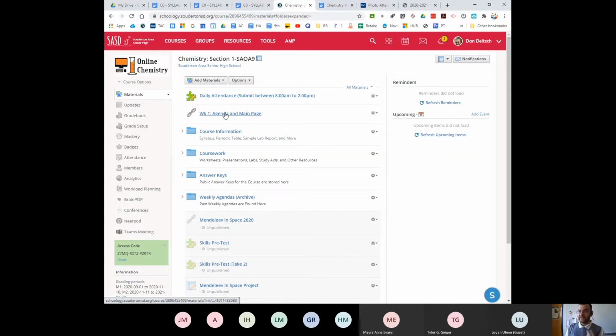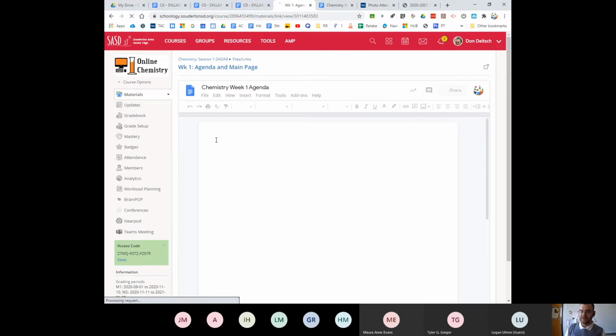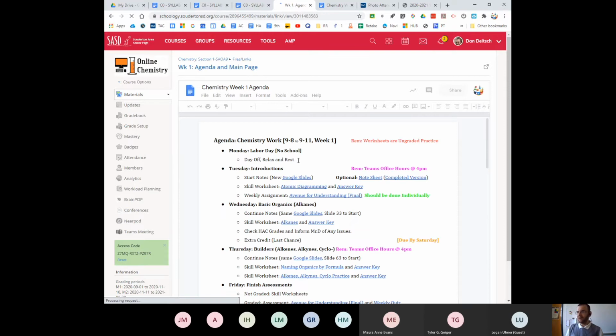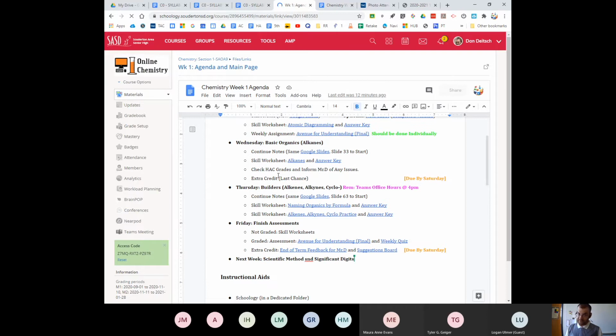Beneath that is going to be the agenda and the main page. Now, at the moment, I'm still working on this. It's still completely wrong, but this is where you're going to go. And if you click on it, you can see it gives you the week's work. It tells you, like, yesterday we had off, and I'm still populating it from here. This is an old copy from back when we did the spring pandemic issue. This will be updated by today, a little later, but it will have links telling you where to go. You can click through things, etc.